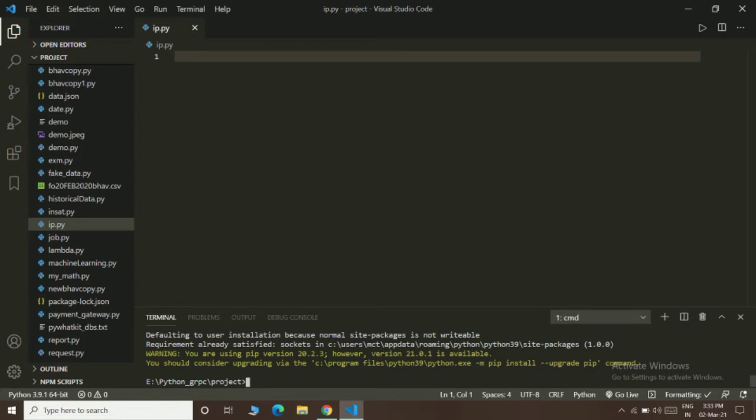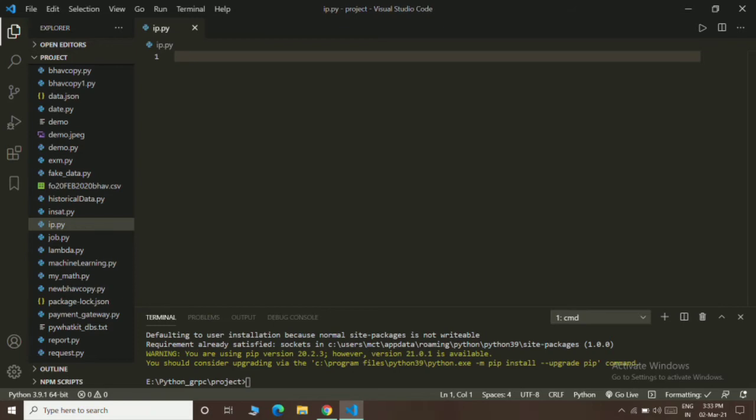I already installed it in my system, so the terminal shows requirement already satisfied. If you want to install, just type pip install sockets and hit enter.